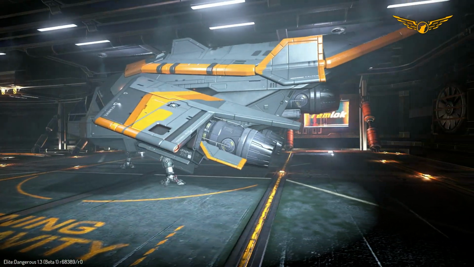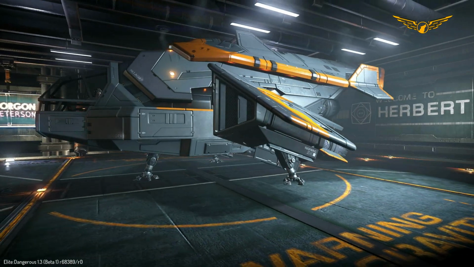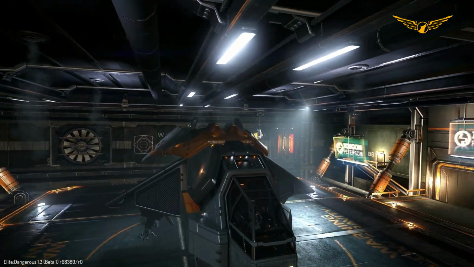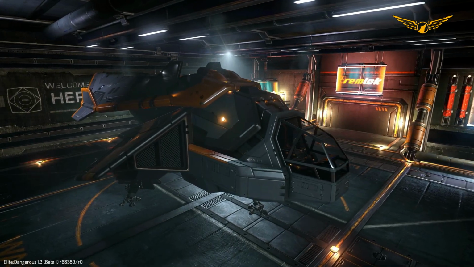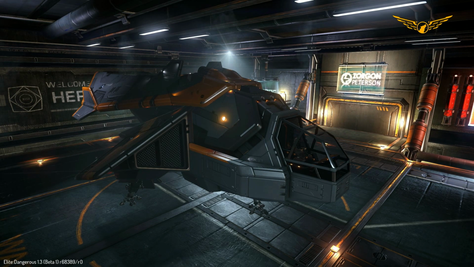So, wow, that is absolutely amazing. That's the first time I've ever seen anything like that on a ship in ED. And I think this is absolutely an amazing and gorgeous looking little ship. I mean, yes, it's not going to be as sleek as the Imperial ships, but it has a charm of its own, and I much prefer the tougher looking ships